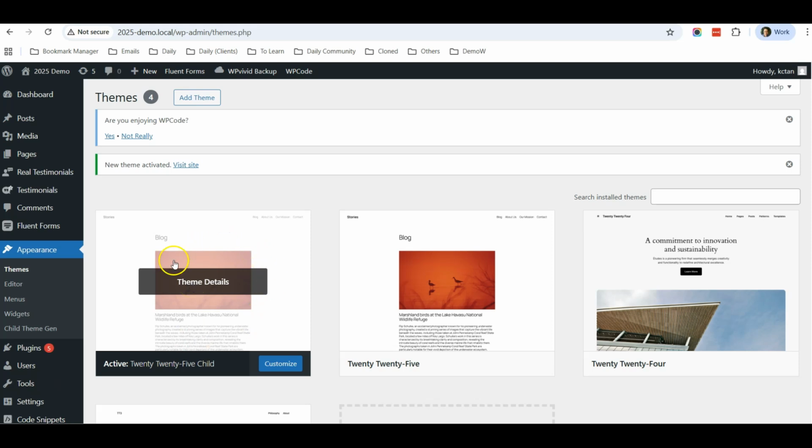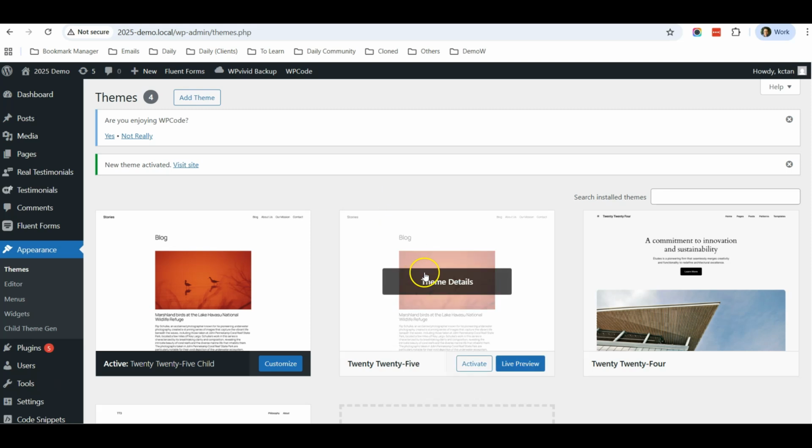But without the use of a child theme, you edit the functions file of the 2025 theme. Then in future, when you update the 2025 theme, all your customization in the functions file will go missing and get overwritten. So using a child theme is the safest way to make sure your customized coding will be saved properly and always in your